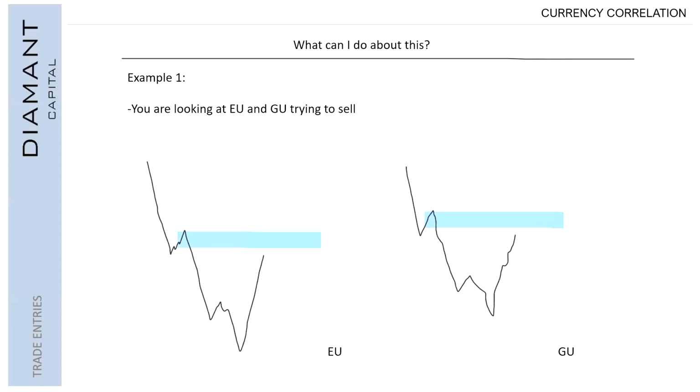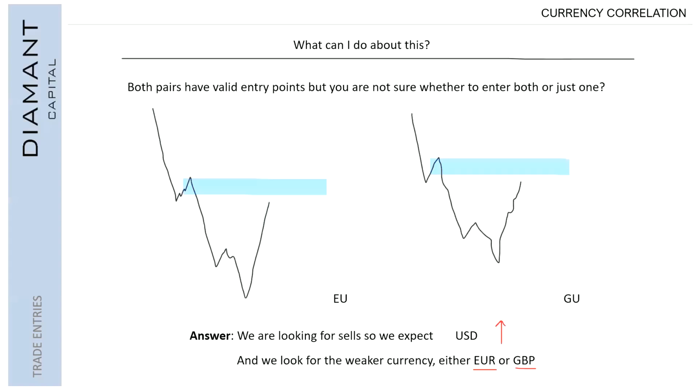What can I do about this? All right, so let's just take an example. You've got EU and GU. You're both trying to sell them, and their points of interest are both coming up. So what do you do? Do you sell the euro or the pound? Now, both pairs are valid entry points, but you're not sure whether to enter one or both of them. The answer,